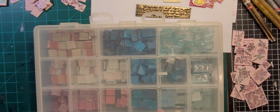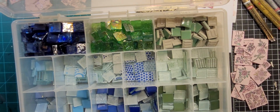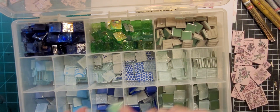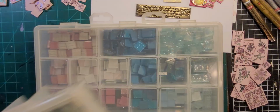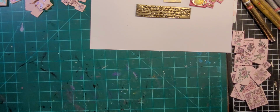And then I also pulled the green box, which is way heavier because it's got these in it. Those are really heavy. But none of the greens. I mean, this was kind of okay. This was kind of okay, but not quite. And so I ended up deciding not to use any of the greens. And I haven't decided on the pinks yet. And I have smaller tiles as well. And so, wait, let me...